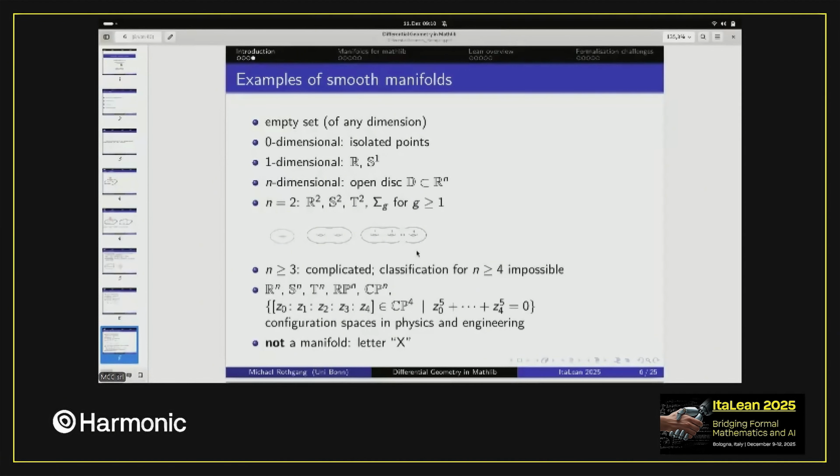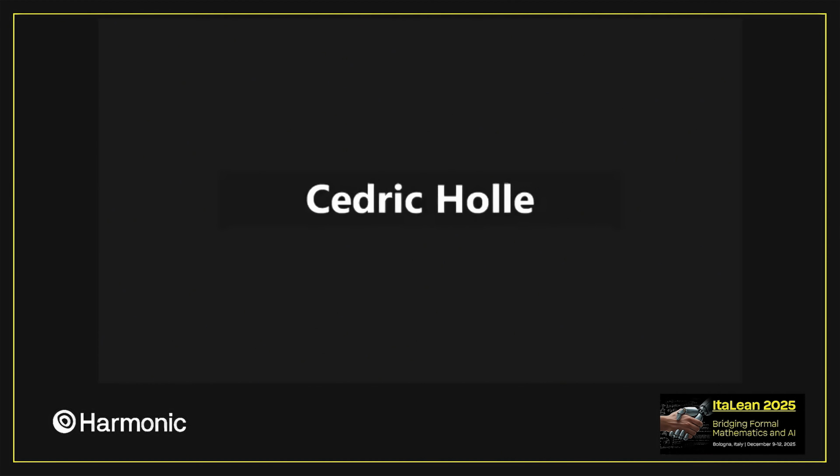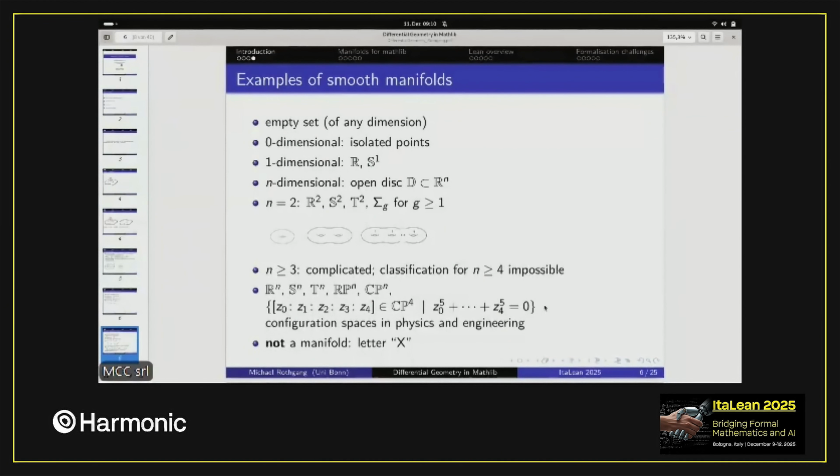So do we have some basic? You can do configuration space in physics and engineering, and that might lead you to symplectic geometry. All of these are different examples of what manifolds are. So the upshot is you have a quite easy local intuitive picture, but the global shapes can actually be very interesting. And perhaps to give you an example, what's not a manifold, the letter X is not a manifold, because